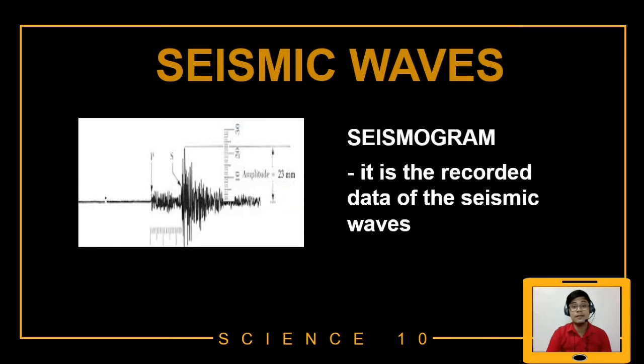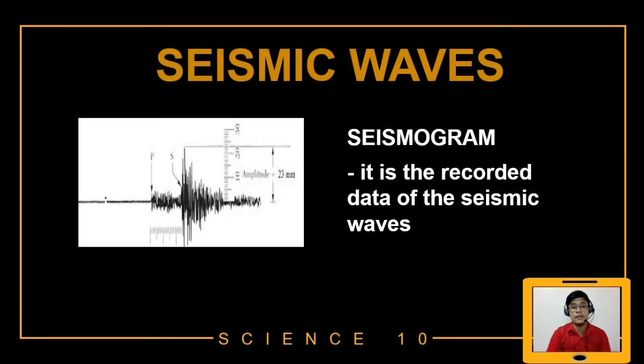So that is the seismogram. So after it is recorded by the seismograph, what we will have now is the seismogram, wherein this is the recorded data of the seismic wave. And this is the data that will be the basis for identifying the magnitude and other stuff